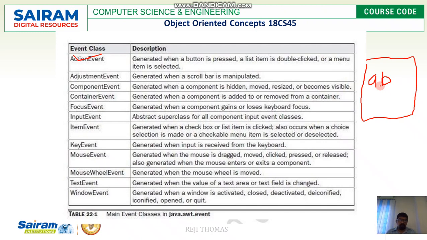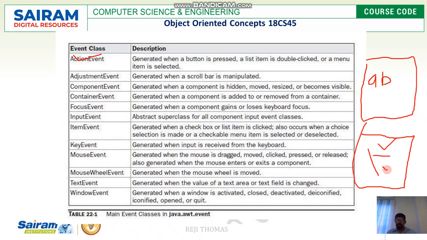In the same way, we have mouse event, which is similar to key event. This is generated when the mouse is dragged, moved, clicked, pressed or released. Comparatively, mouse event has many actions: dragging the mouse, moving it, or you click, press or release it. In all these cases, mouse event is generated.